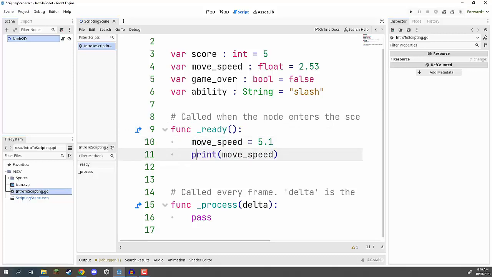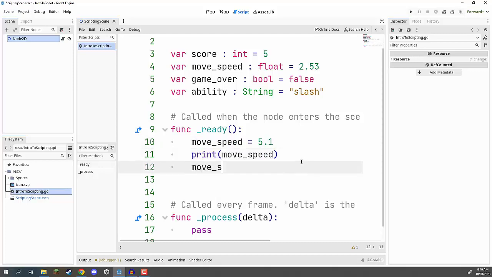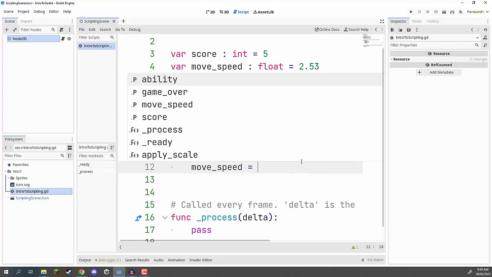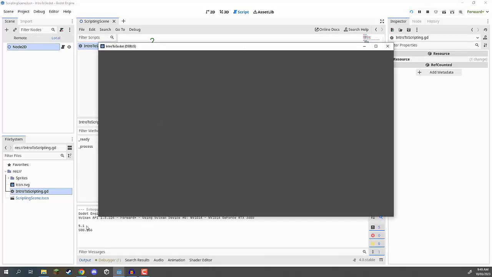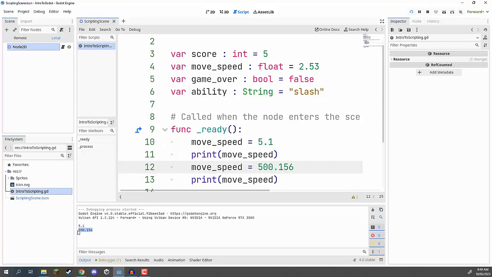down, okay? So it goes move speed equals 5.1, then it prints it out. And what we can do then is also go move speed equals 500.156, and then we can print that value out as well, okay? So what do you think this is going to look like when we press play? Okay, we're going to have two things printed out, and if I press play, as you can see, 5.1, 500.5